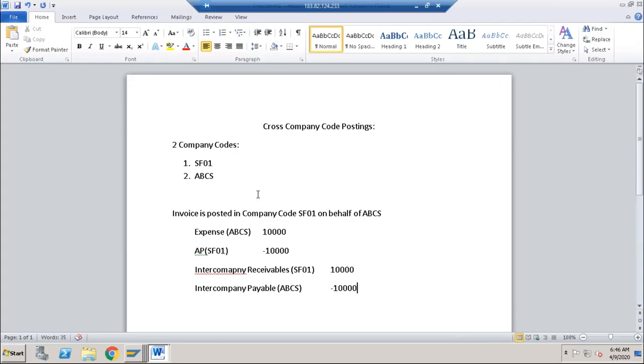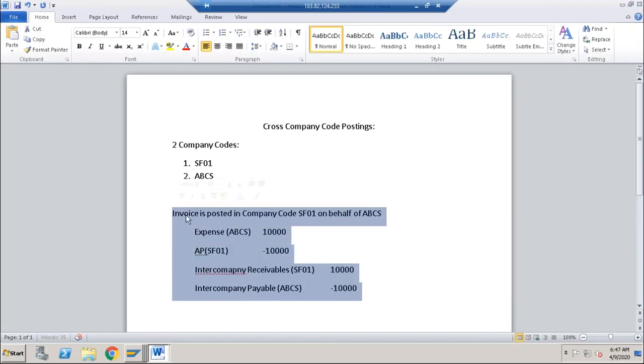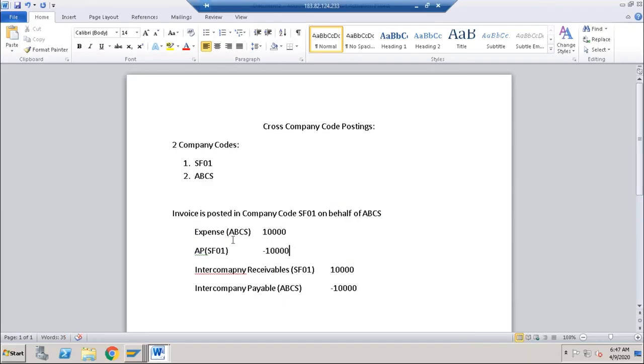So this is how the cross company code transactions are treated. I'm not talking about the SAP point of view as of now, but this is normal accounting which should be done in any accounting system where you are posting cross company code transactions. Now, how will this be done in SAP? In SAP, there is only one very important configuration, that is transaction code OBYA. This is a single transaction which is responsible for setting up the cross company code transactions.